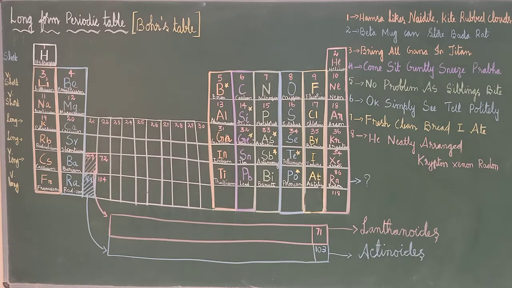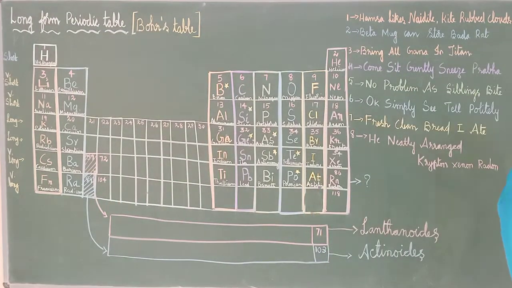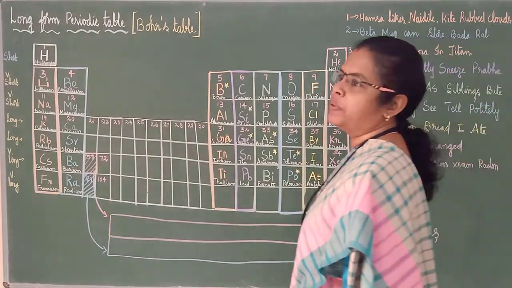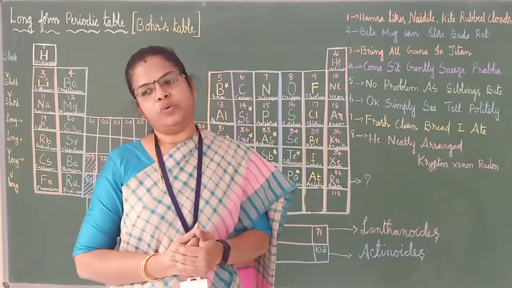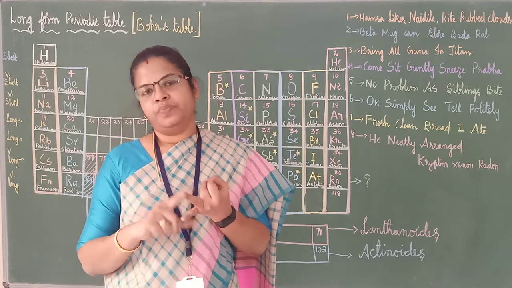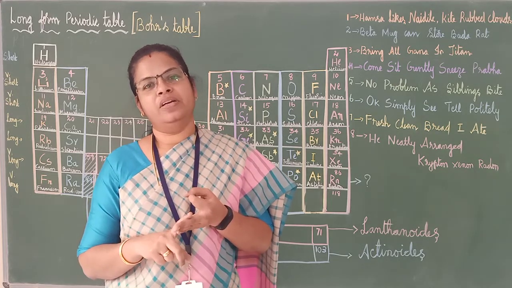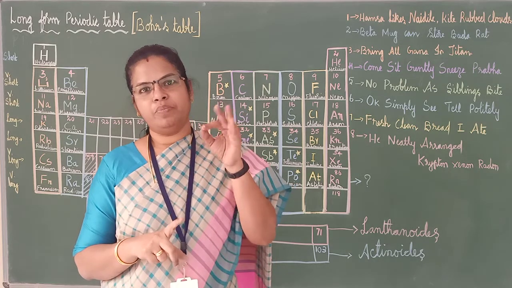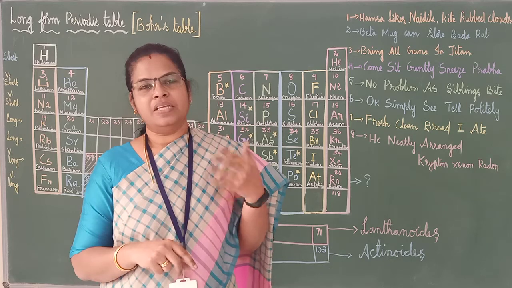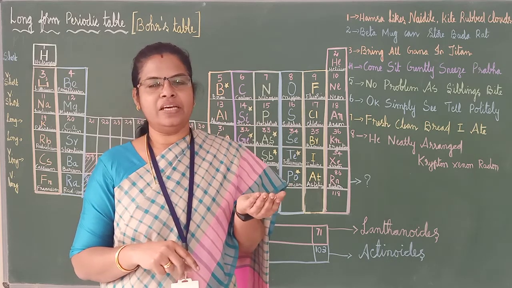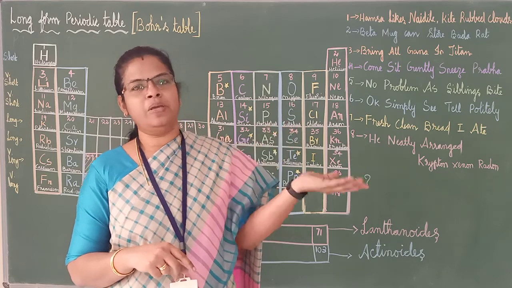Good morning, children. Today we are going to see the long form periodic table. We have studied what was done by Dobereiner, then Newland, then Mendeleev. Then we also studied these three people. They studied only about atomic mass, right? The next person gave an idea that atomic number can be used so that many limitations can be ruled out.